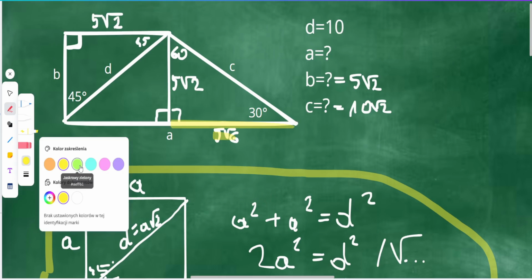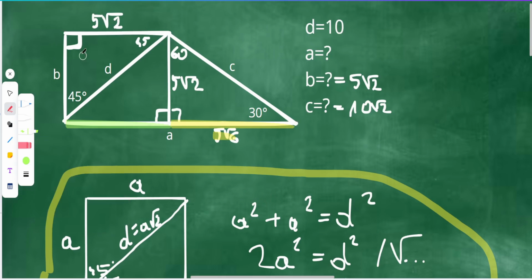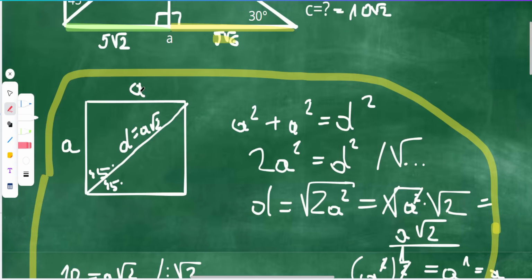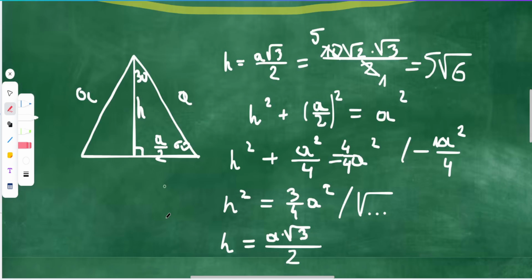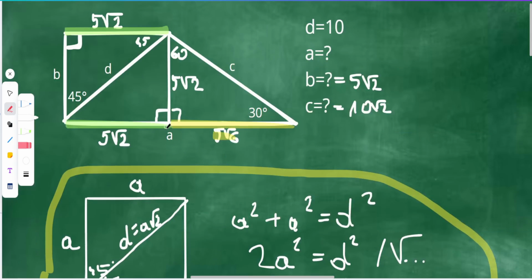Here, however, this length corresponds to this length. And we can simply rewrite it. So our a, I emphasize that it is neither about this a nor about this a, but about this a in this trapezoid that we talked about from the beginning,